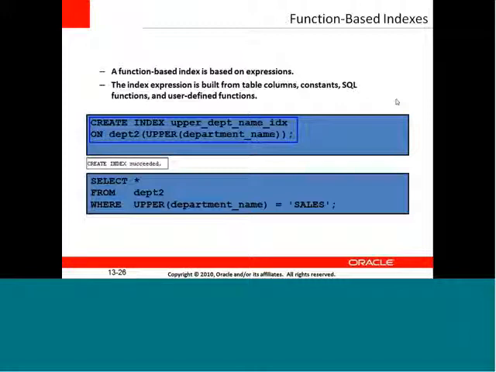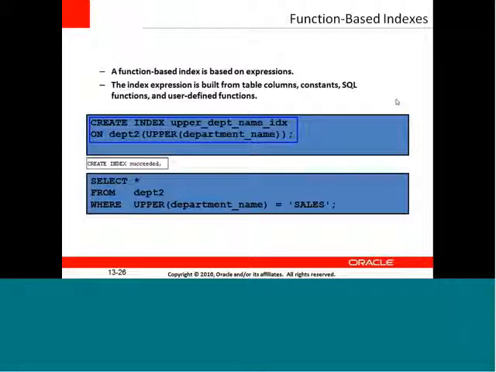An expression can be any expression on a table, and I'm going to create an index on it. This index expression is built based on the table columns, constants, functions, or user-defined functions. It can be formed based on any of these, and I can create an index expression.